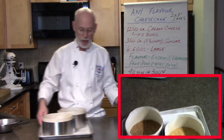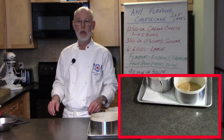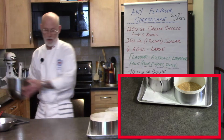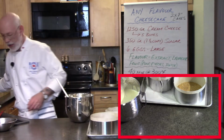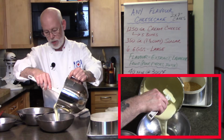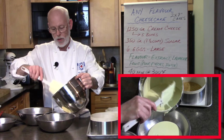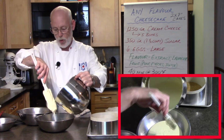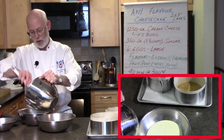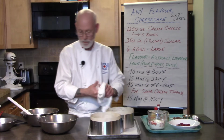So we're just going to get our cake batter here, and we're going to divide it into 2 bowls. Okay, so this is the cream cheese, sugar, eggs with vanilla in it for both cakes. And we will address our individual flavors here in a second. Okay, so for the first cake,